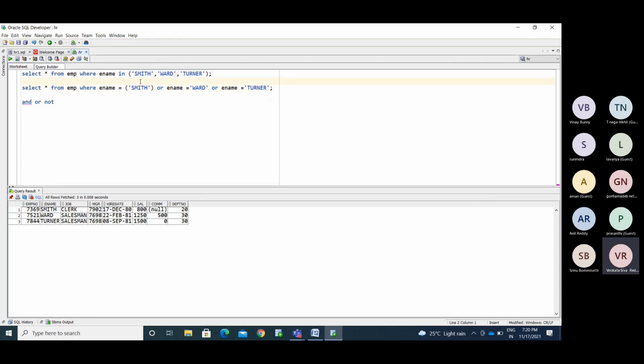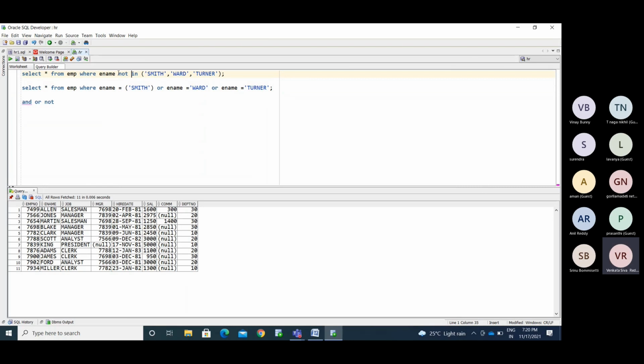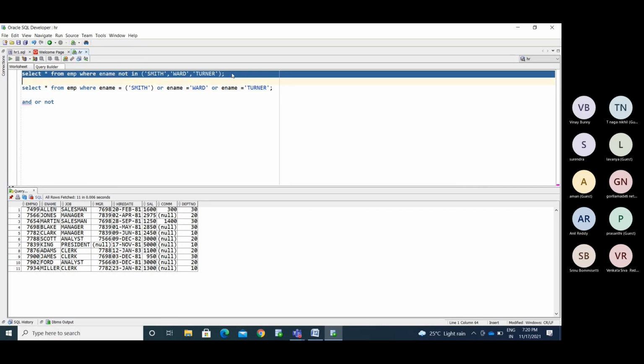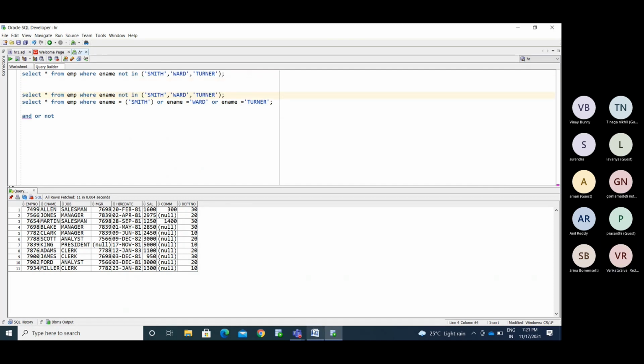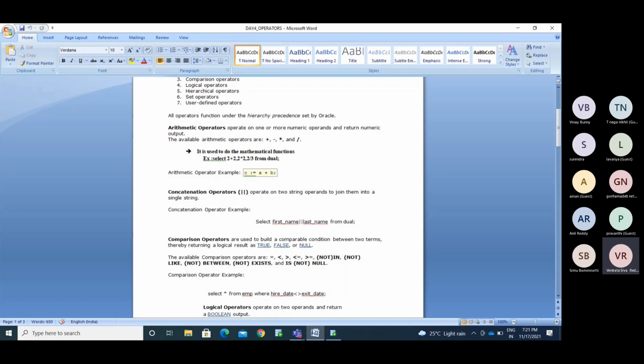Okay, so NOT IN. Other than these listed values, what other values do we have? If we want to pull that, we'll use the NOT IN operator. What else do we have? IN and NOT IN. If you want to find multiple values, we'll use the IN operator. NOT IN means you need to exclude multiple values. Other than those values, whatever we have, we'll use the NOT IN operator. Okay, so BETWEEN.